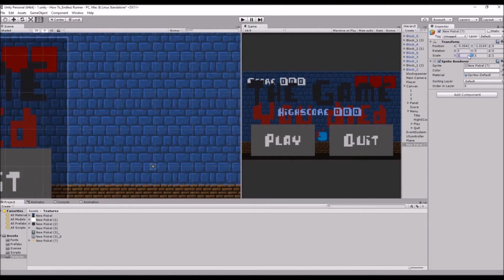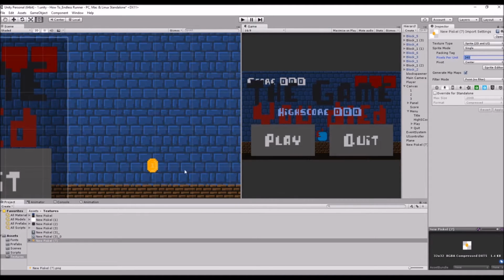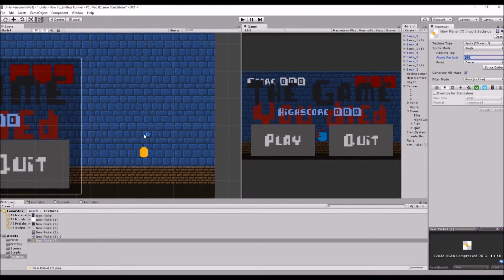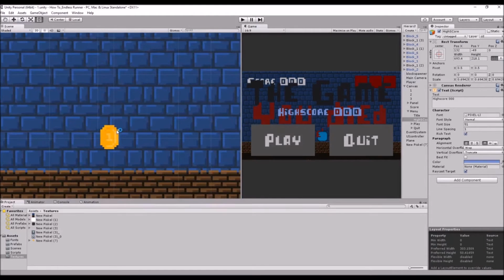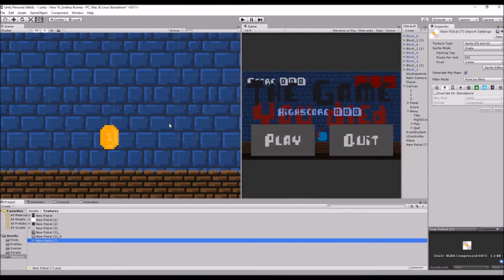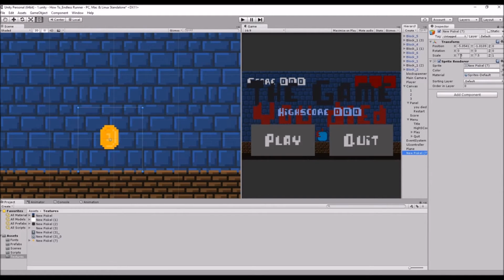Now it's tiny because we also have to change our scale, because this is how this particular game is set up. Normally you probably wouldn't want to change the scale here, you'd probably have this accounted for all in the part down here. But because we set this game up to begin with basically as a prototype, and now we've moved it forwards, this is basically just the way this build goes. So yeah, now that we have this fully in, we have it set all up here, and we have this set up over here. We'll just rename it to coin,